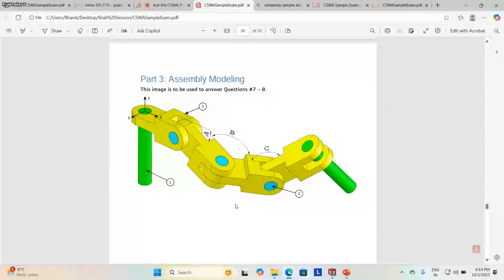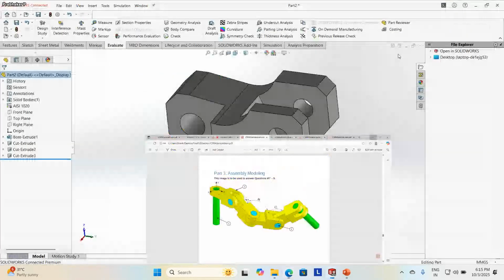The key important thing you need to notice is this coordinate system. The X, Y, Z directions, they have clearly given the position, which you have to take care of. Okay, now we will start building this model. I already have these three parts, position 1, position 2 and position 3. Let me start building the model.